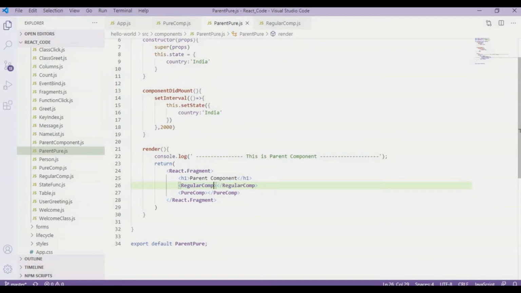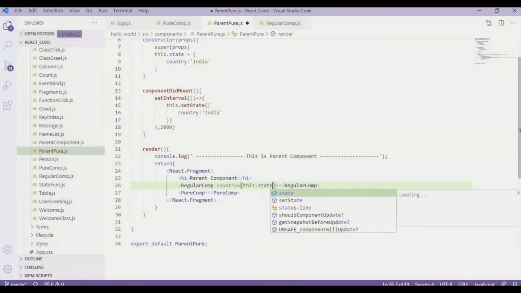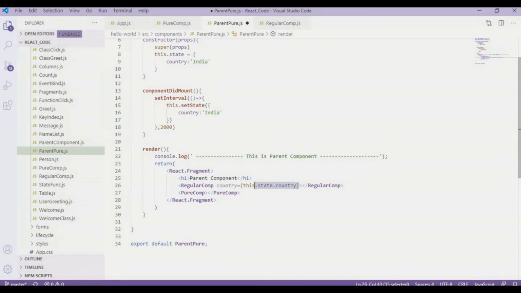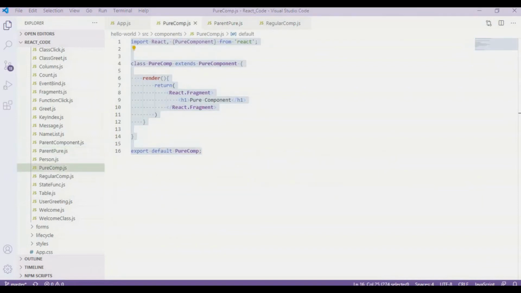So I'll send props with the name country, which is equal to this.state.country, and the same for the pure component also. And in the pure component we have to show that prop value.